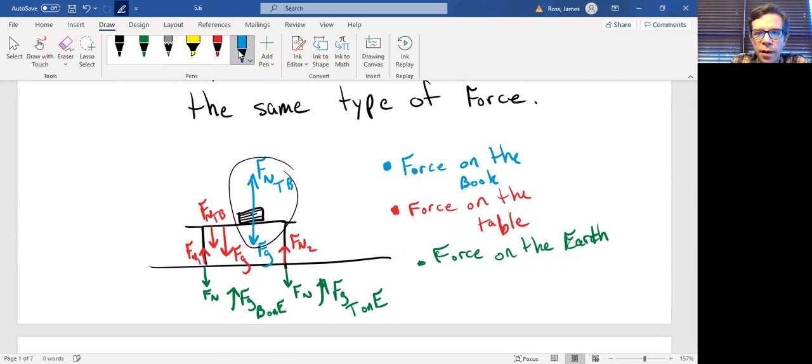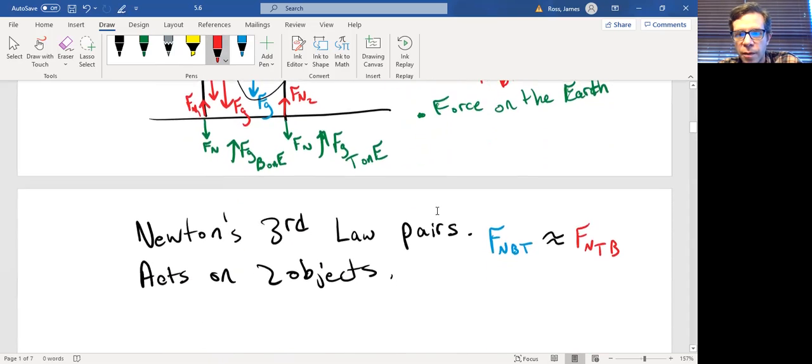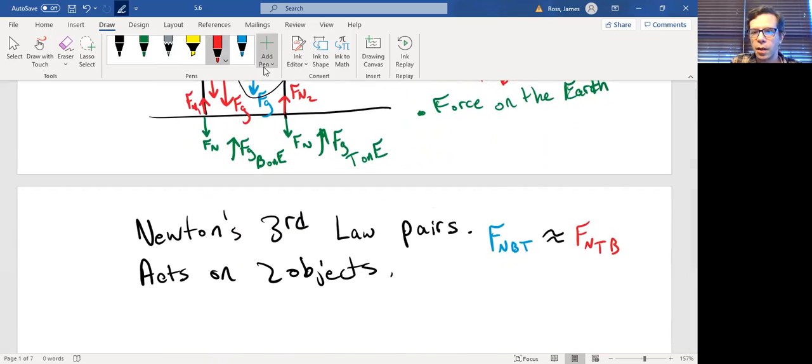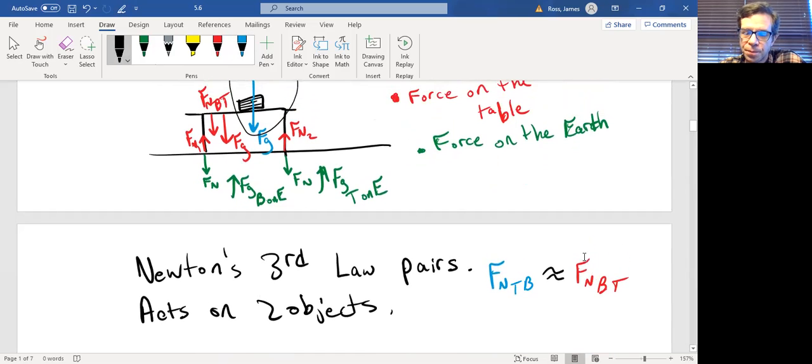This is the table acting on the book. This is the book acting on the table. Sorry about that. It really is going to be hard for me to stick to that, but that is what your book uses, so I want to be consistent. All right. Sorry again. So our Newton's third law pair are normal force of the table acting on the book